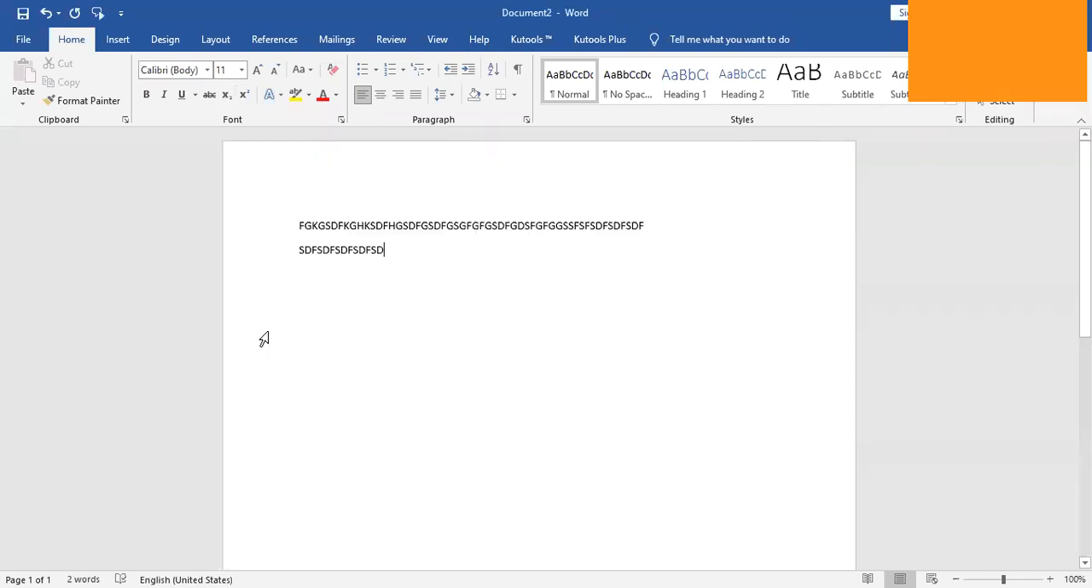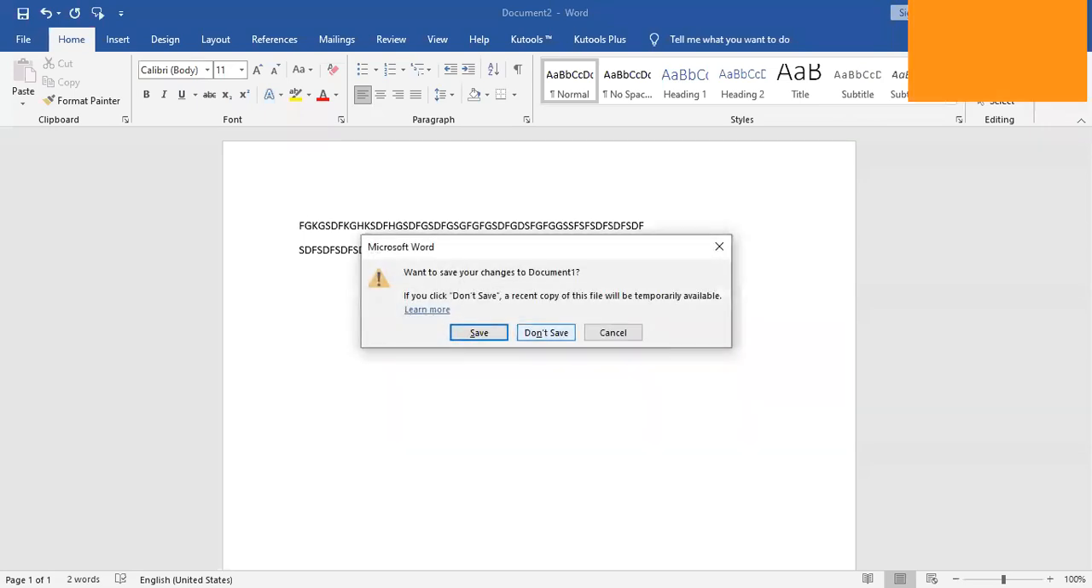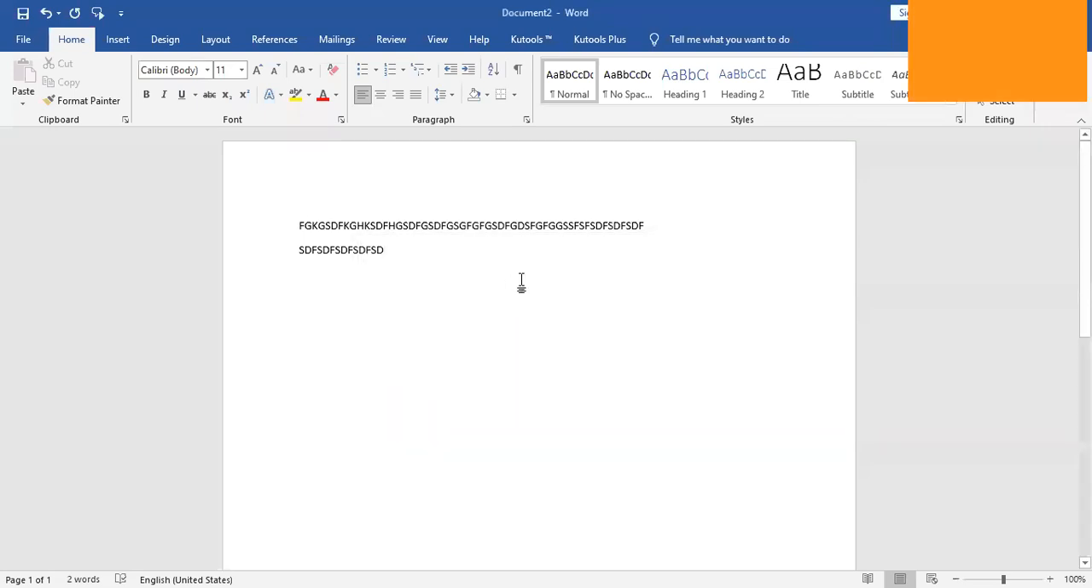What I wanted to do is, I just have some matter and it is coming as a paragraph. I don't want it like this. I want it in column order. So what I can do is,